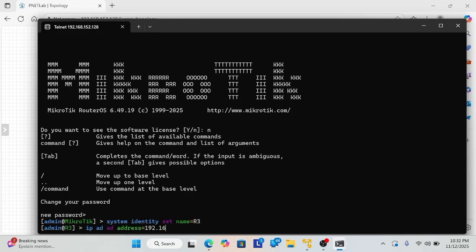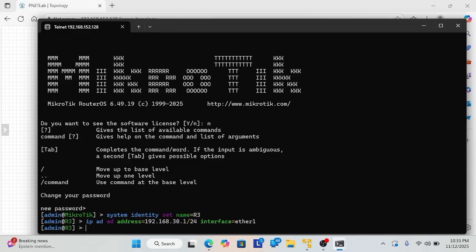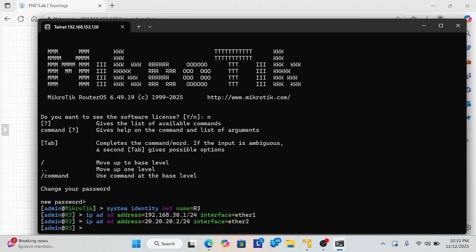Then add the IP address 192.168.30.1, prefix 24, on interface ether 1. Enter. Add the IP address again on ether 2, 20.20.2. You can enter.